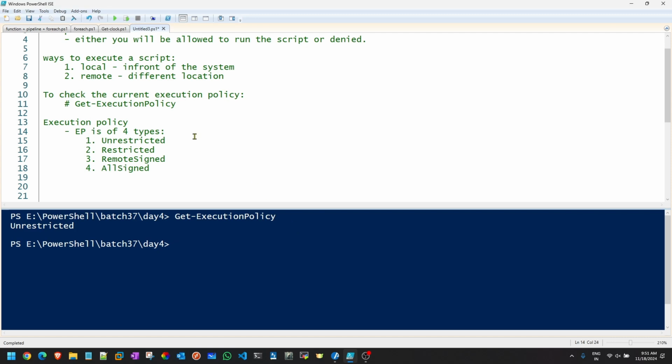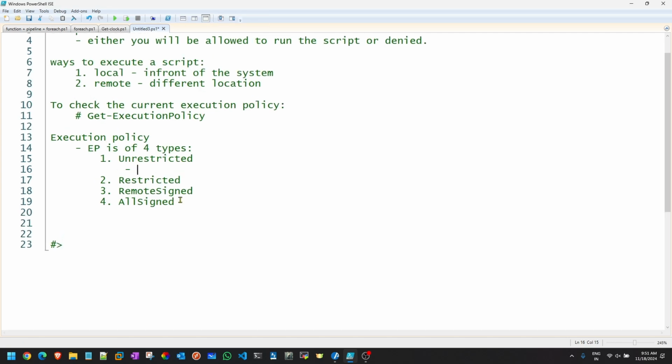So when you talk about unrestricted, what happens is it will allow local and remote user to run any script. You can run any script either locally or remotely, doesn't matter. It will allow any script to run. Clear?